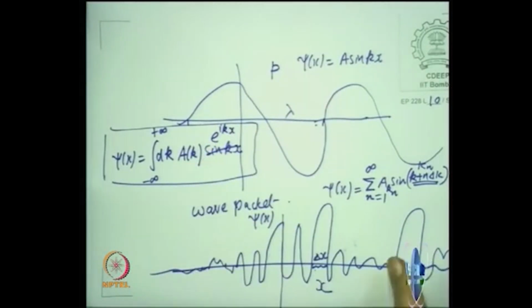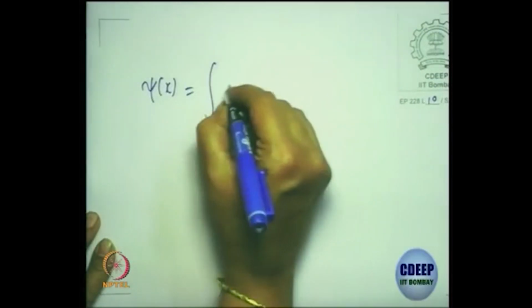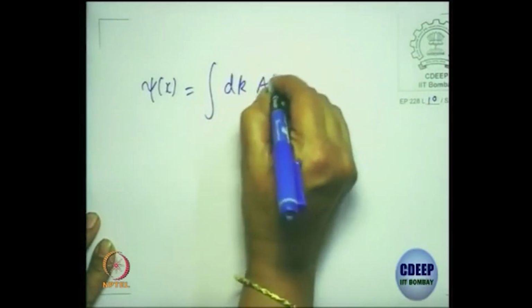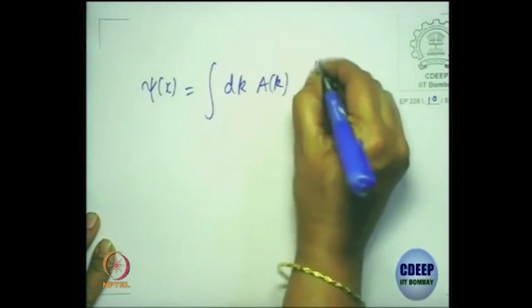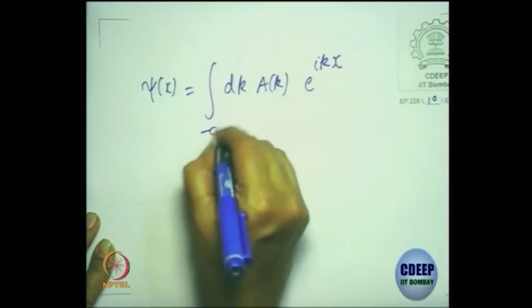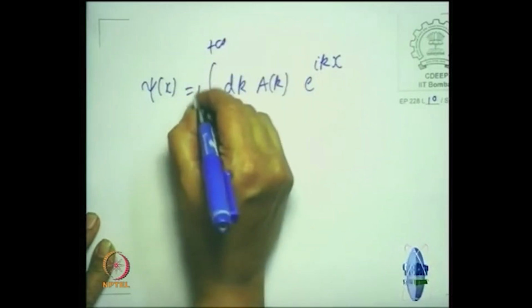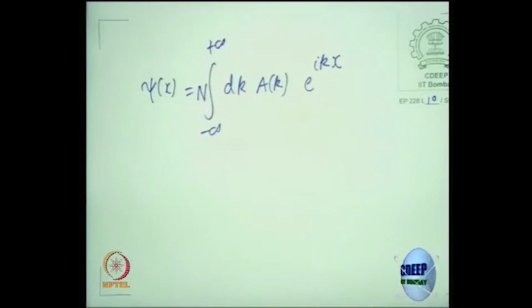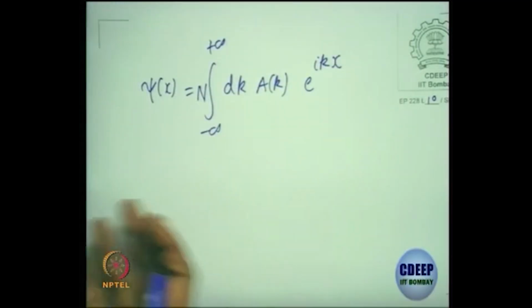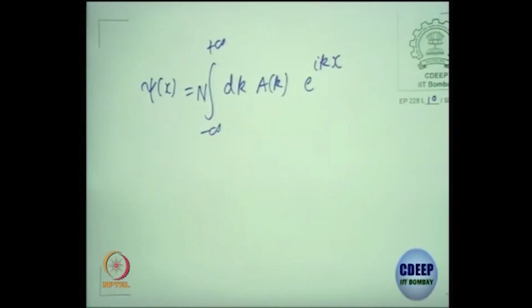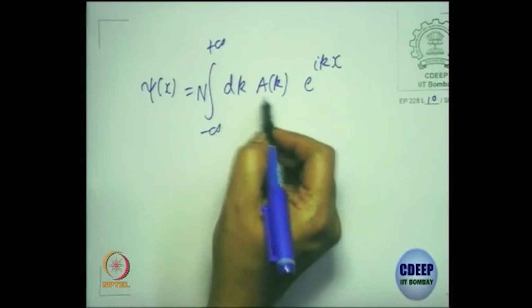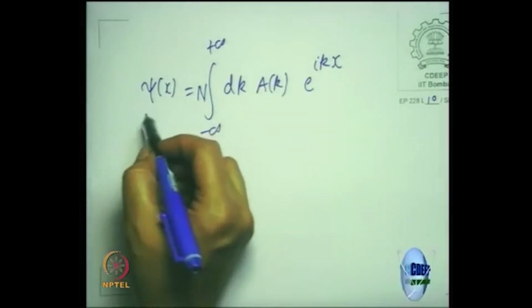So let me rewrite it again here. Some normalization, we don't need to worry about the normalization. This is nothing but your familiar Fourier transform, where A of k is the Fourier transform of